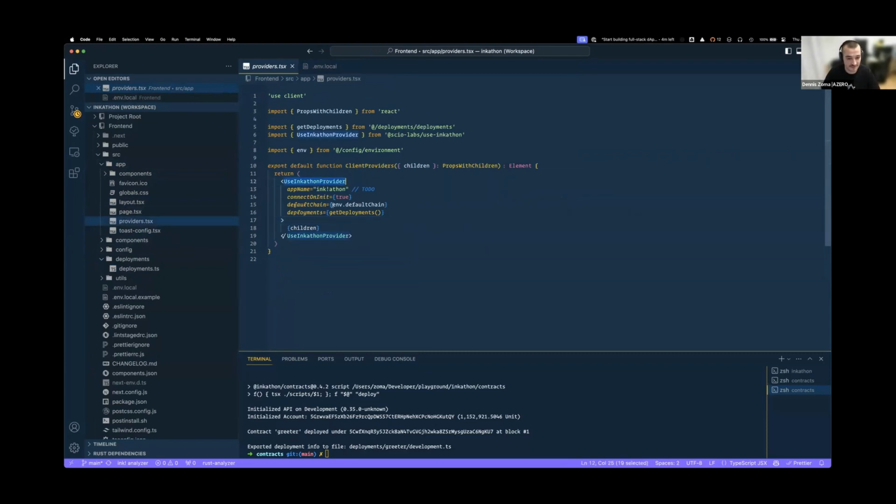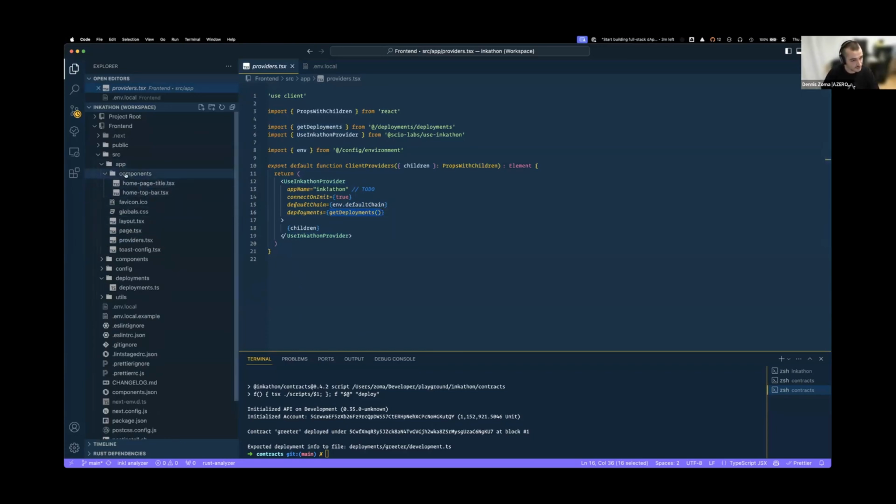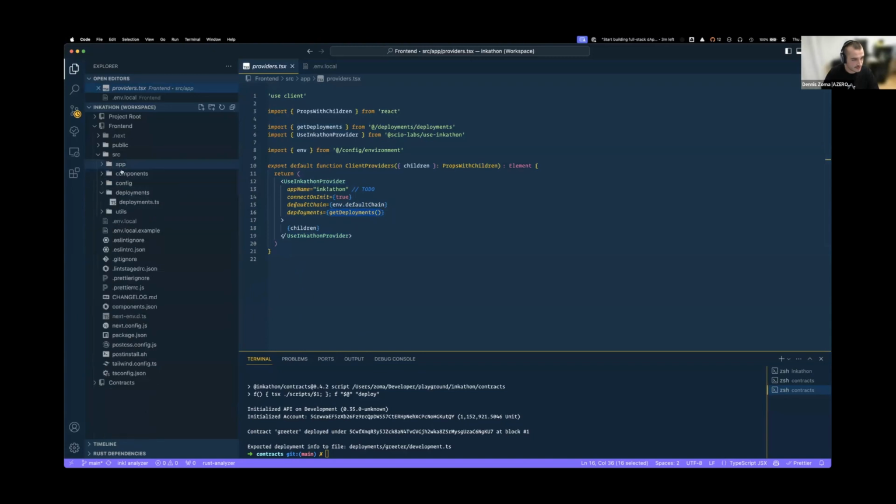It's super easy to configure. Give it the chain from the environment and the deployments from the function I just showed you. And what this does is it provides you with the deployments across your whole dev. For example, I will show you a few components. There is